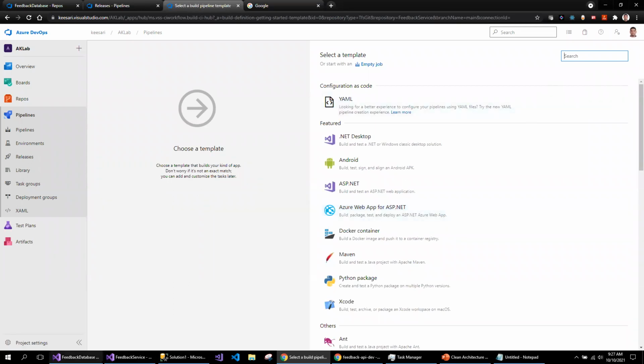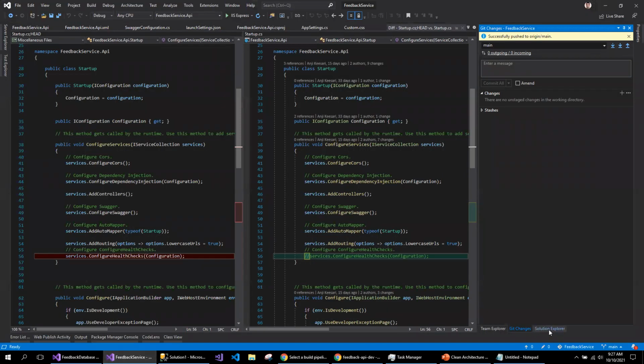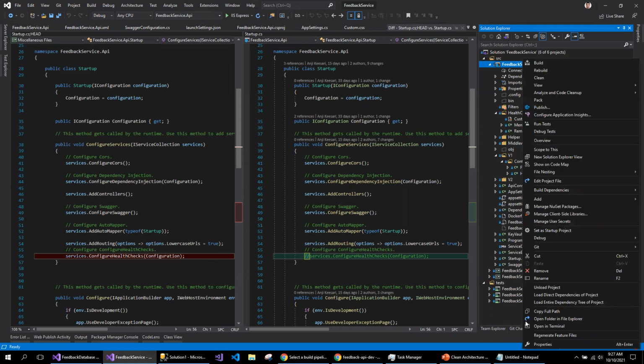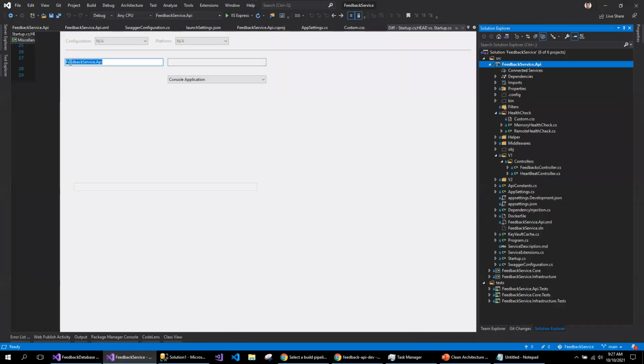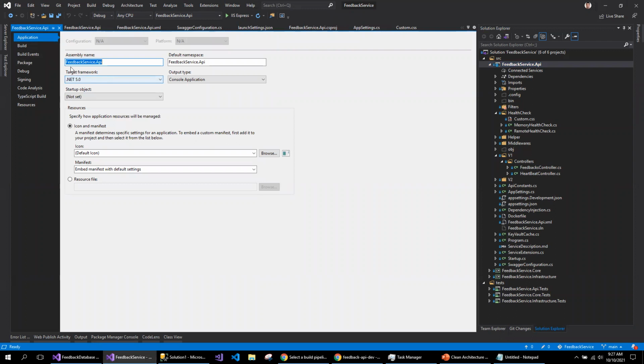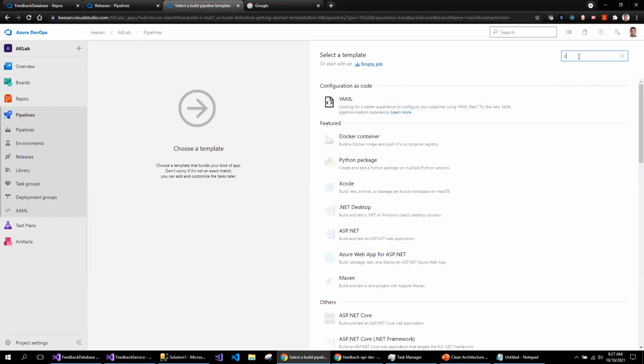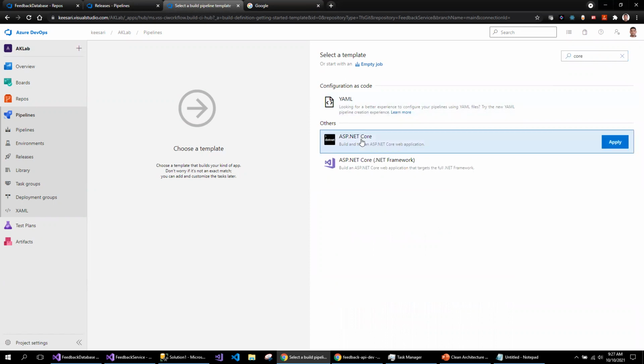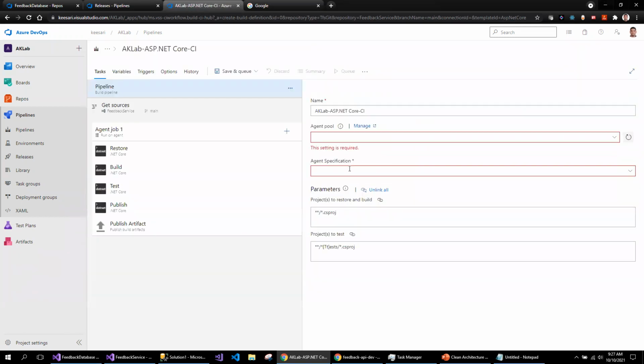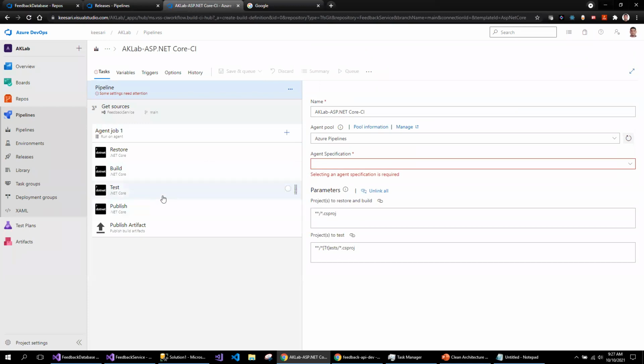Since this is a .NET Core project, with .NET Framework version 5, I can quickly show you the .NET Framework version. So I will be selecting the .NET Core pipeline. Make sure that you select it depending on your project, your Visual Studio project structure. So I will be selecting .NET Core here, and I see a bunch of tasks added automatically.